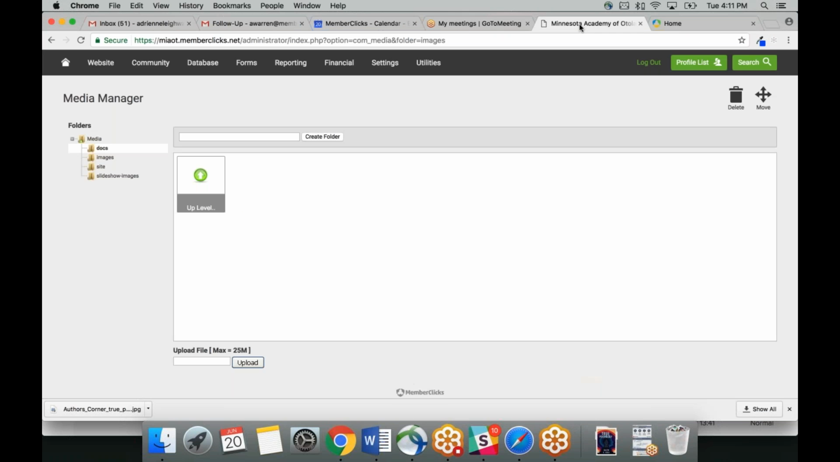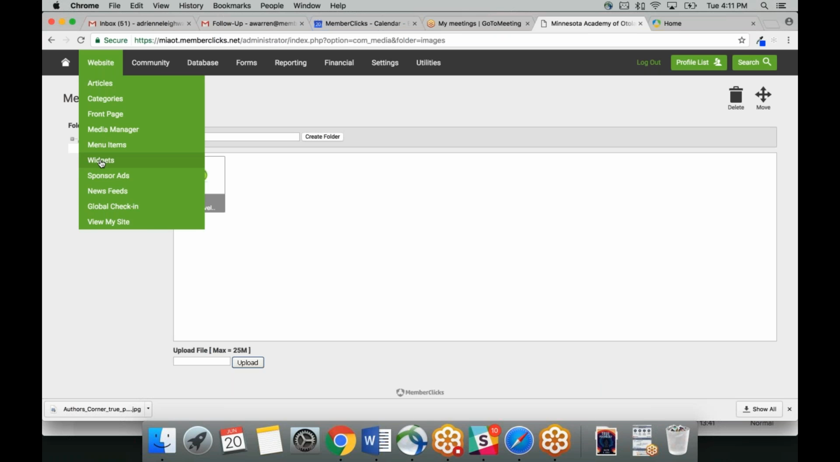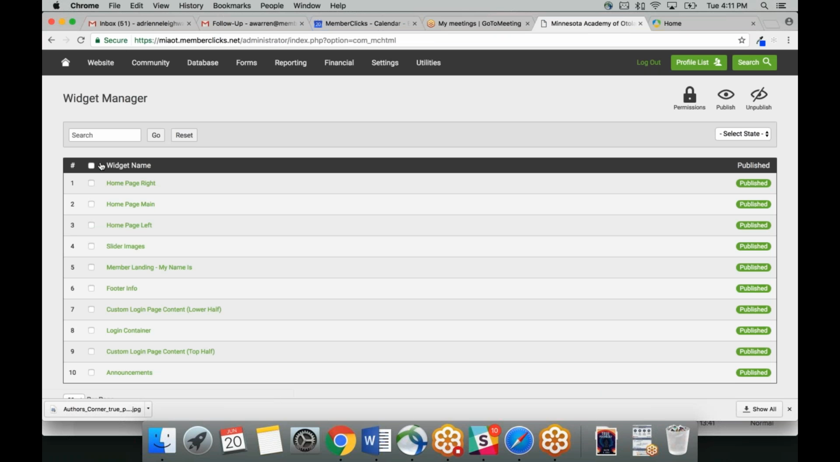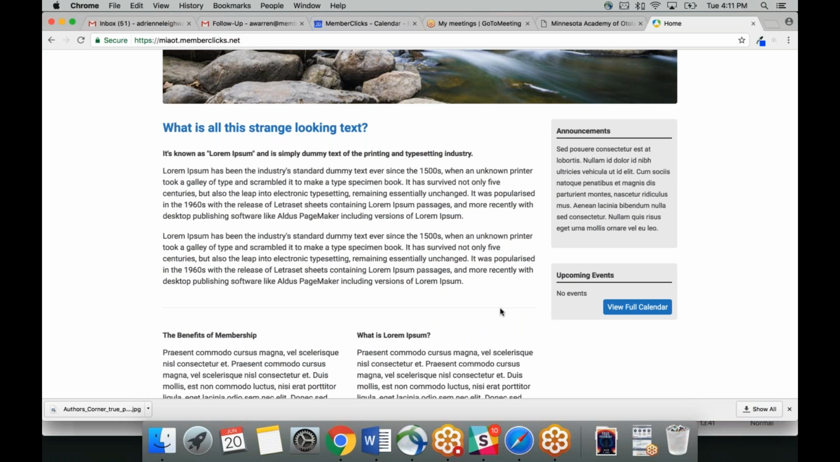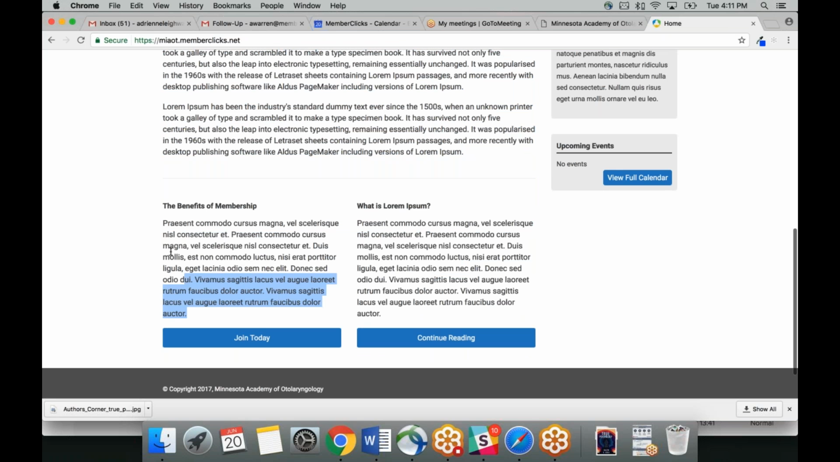Okay. So to talk a little bit more about those, I'm going to go under website and widgets. So this is that homework piece for tonight. So I'm just going to ask that you go in and update homepage right, homepage main, and homepage left. I've mentioned those already a few times. Just to reiterate, we've got homepage main, homepage left,